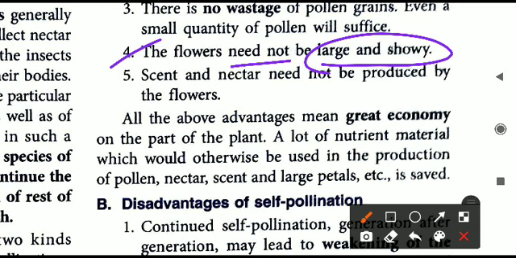Because the main purpose of the flowers becoming large and brightly colored is to attract the insects. The flowers look beautiful so that the insects can get attracted and come and sit on them, and when the insects sit on them, their pollen grains will be transferred to other plants, other flowers, because the insect is sitting from one flower to another flower to another. So when the insect is moving here and there, it is transferring the pollen grains also in its legs. In the legs of the insects, the pollen grains get stuck, and thus the pollen grains are transferred using the insects. In the case of self pollination, insects are not required.